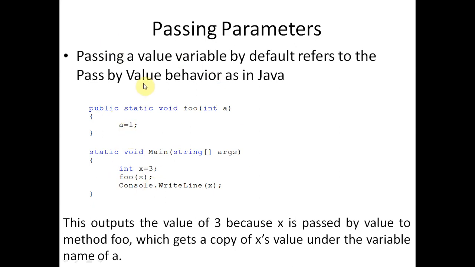But in the case of pass by reference, when we change the value inside the function, that change will reflect in the main program. Here, as we are running the program with pass by value, any change in the function will not reflect in the main program. That's why the output is 3, because x is passed by value to the method, which gets a copy of the x value under the variable name a.